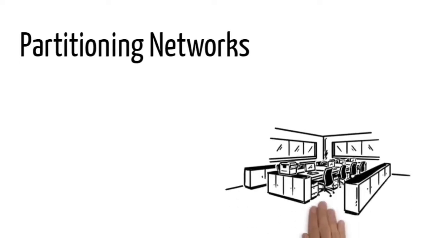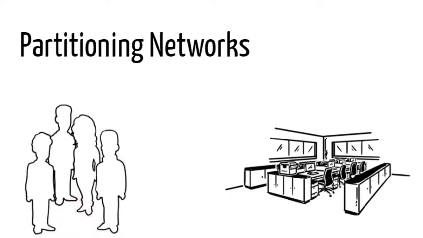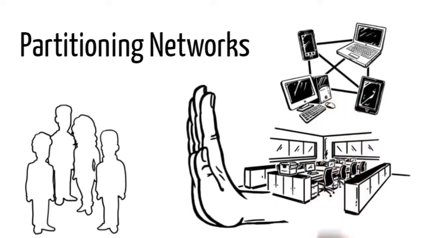Another way of protecting your system is partitioning networks. Partitioning a network is another way of protecting essential systems. It is the same principle as physical access control, to limit access to sensitive areas of the office, or the need-to-know principle where only certain people are allowed to have knowledge of some information. Partitioning a network limits the amount of data that can be seen and makes the job of an attacker much harder. It is also true that partitioning can limit the damage done by malware.